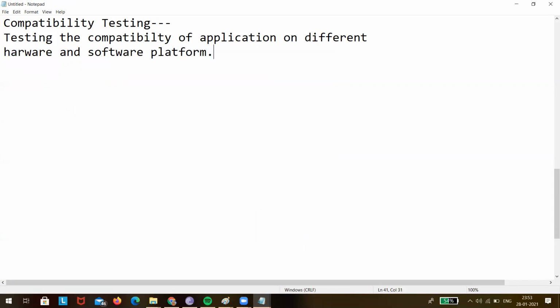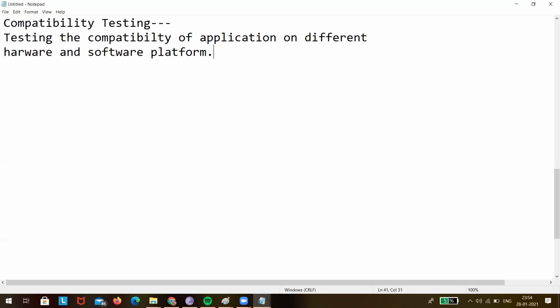So now we are going to test the compatibility of an application on different hardware and software platforms. Hardware platform and software platform. This is where I want to focus. Software platform is the OS and the browser, and the hardware platform is like RAM, hard disk, processor, graphics card. All these are what? Hardware platform.